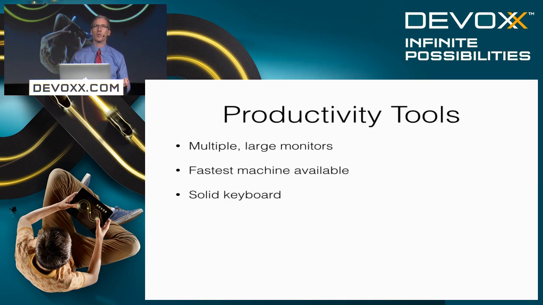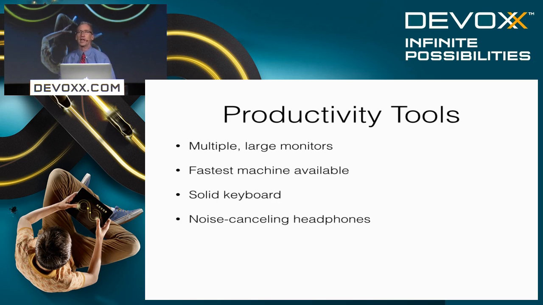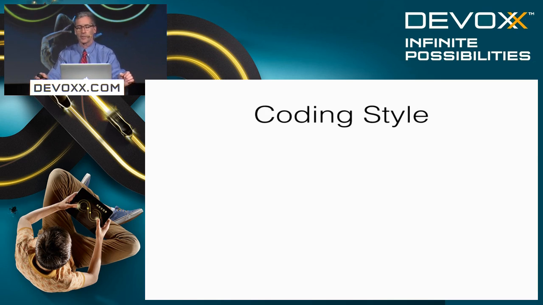You want a solid keyboard, and there's a particular kind of keyboard you want to go for here. There are some keyboards that make almost no sound at all as you type the keys. That's not the kind you want. You want one of those clicky-clacky keyboards that make so much noise that all of your office mates ask you to stop typing. Very important. And finally, noise-canceling headphones, because you want to eliminate the office hum and actually enjoy that full-screen game experience.